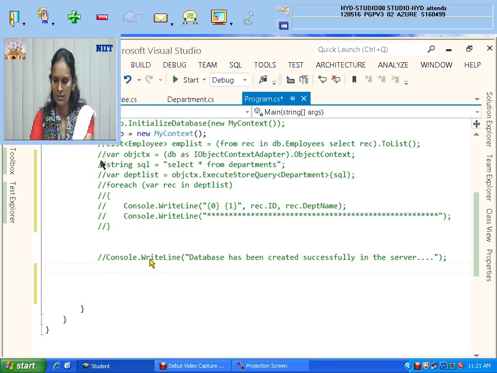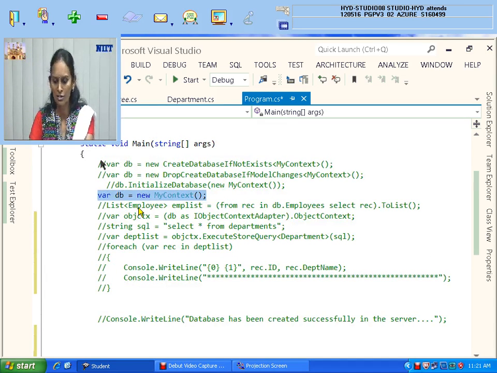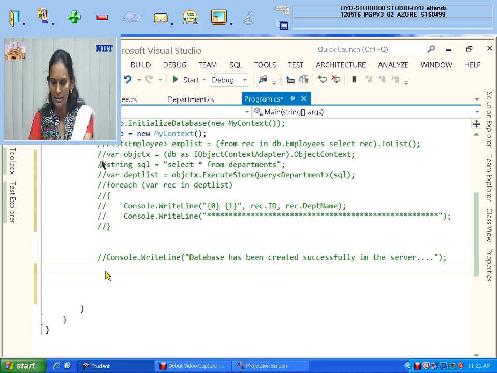So context, see here, context creation, I had not commented. You can see that I have not commented this line, so that context creation is already there. So where EMPS you give it, okay. So you simply give the command as